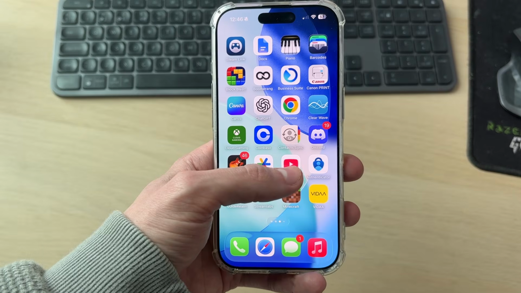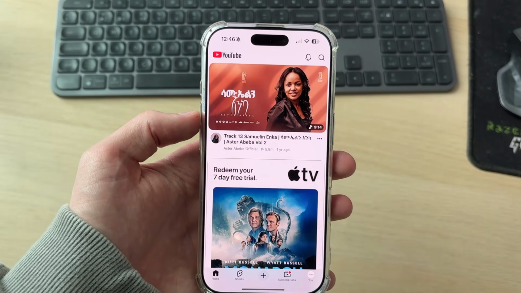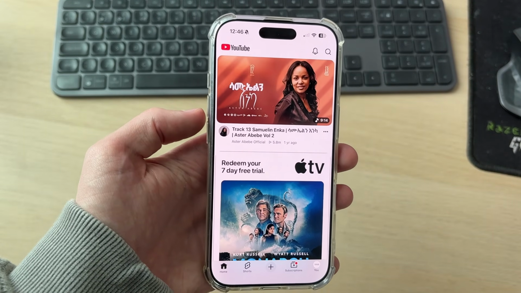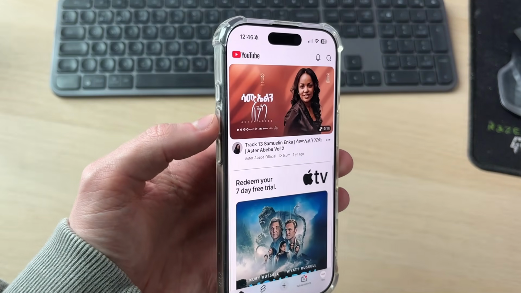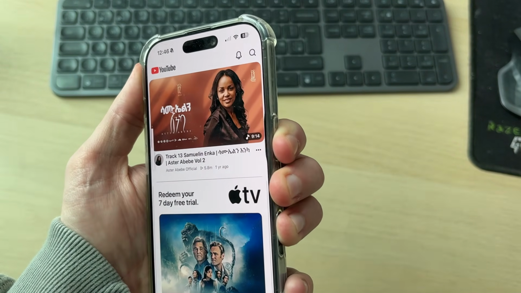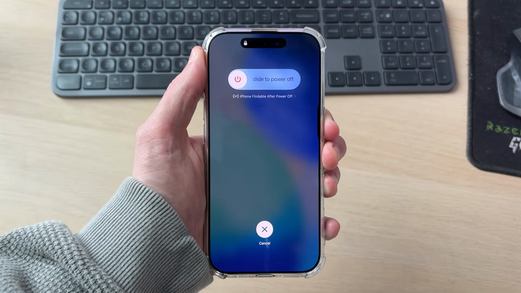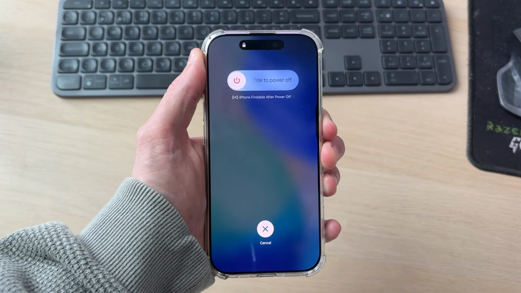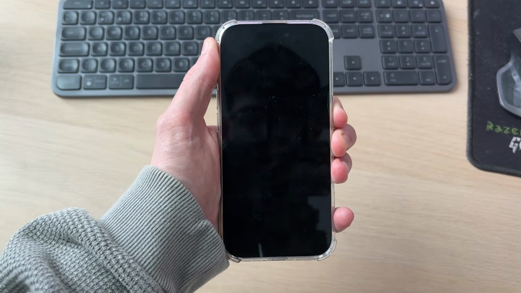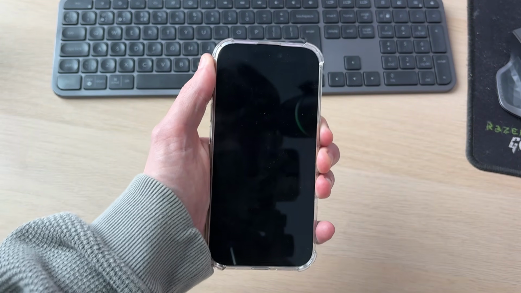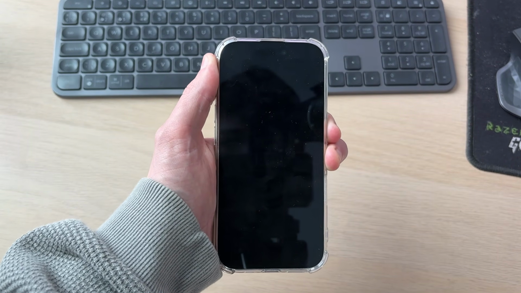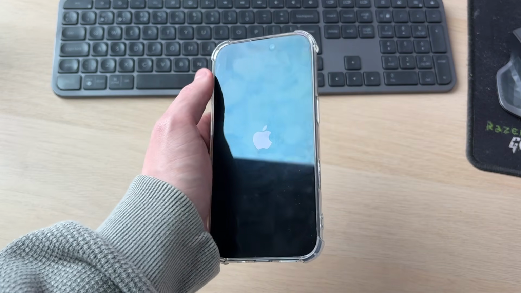Now, if you're finding that you're still stuck on it, what we need to do is a force restart. So we can use a button combination. We're going to press volume increase, volume decrease, and then tap and hold the side button. Keep that held down. Shortly, your iPhone's going to go black. Now, you may not see the screen here if it's completely frozen, but it should go black after the time has passed. Keep it held down, and we're then going to release when we see the Apple icon,